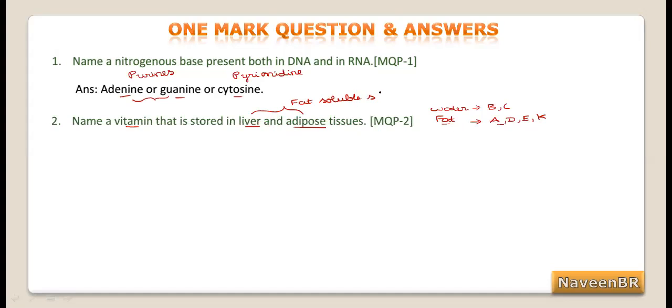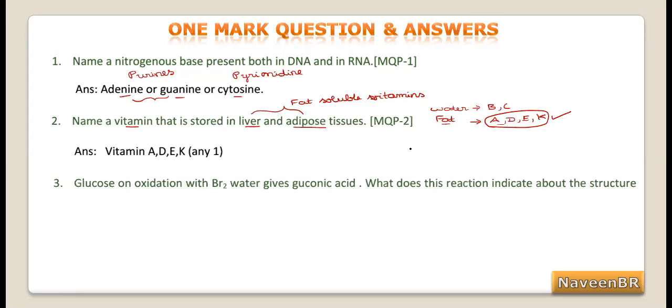That means fat soluble vitamins are going to be stored here. Now to see the answer, you can observe vitamin A, vitamin D, vitamin E, or vitamin K. Any one of the fat soluble vitamins can be taken as the answer. It is mentioned, all the 4 here. For the value point, any one is sufficient, and any fat soluble vitamin can be taken as the right answer.